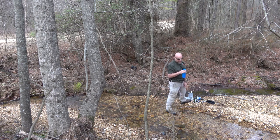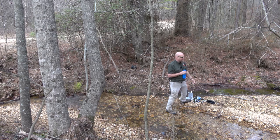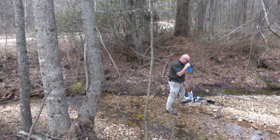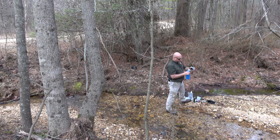It probably filters out all the stuff that I like out of it that's bad for me. You know, probably mercury and all that stuff. But it's cool. Let's see how it works with the